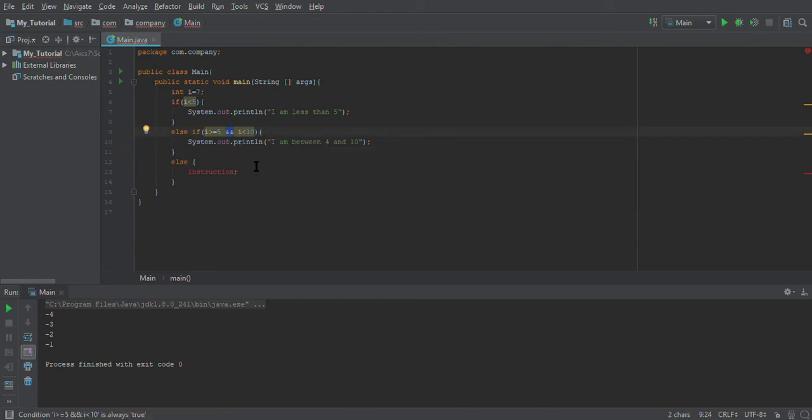If you want to use or, then you use this double slash. Sometimes they feel like the rarest key you use on your keyboard, but you use them often in Java. It's for all. But here I want to use and, so I use a double ampersand. Okay, then else it should print